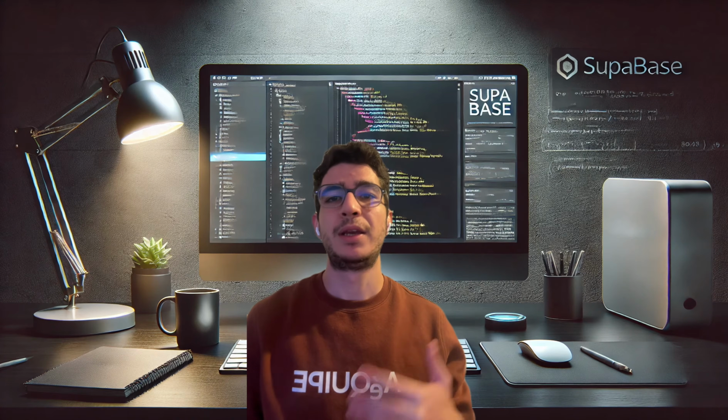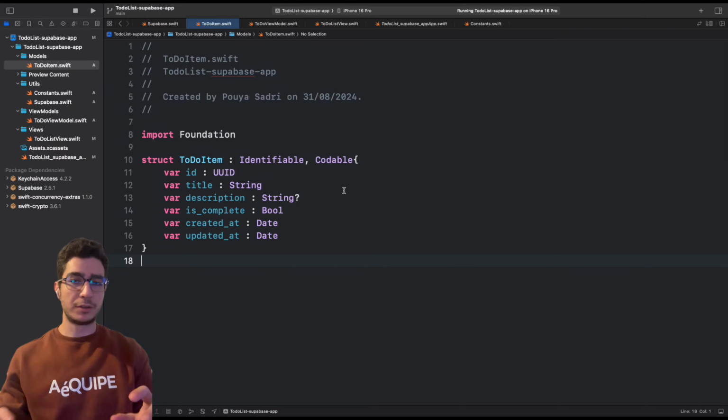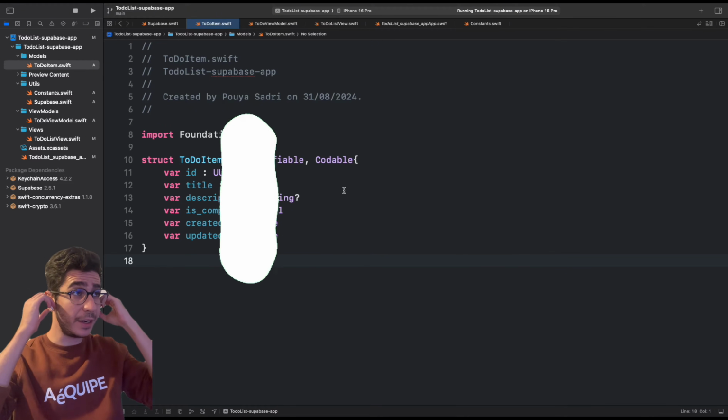Today we are building on that to-do list app by adding user authentication, so users can sign up with email or even log in with their Apple ID. Let's make this app a bit more professional, shall we? So let's dive right in and